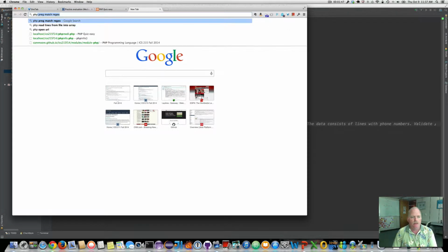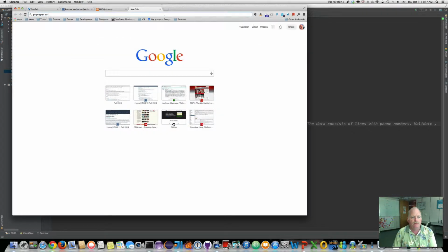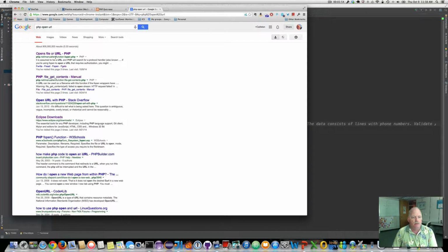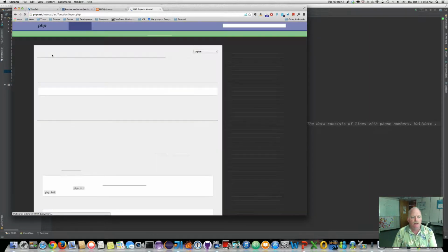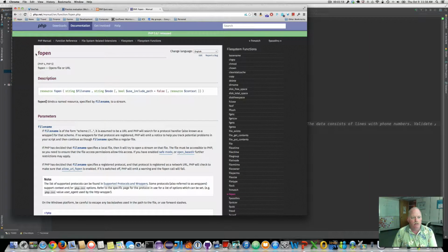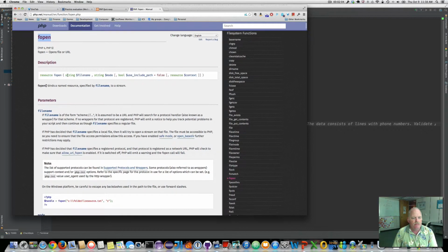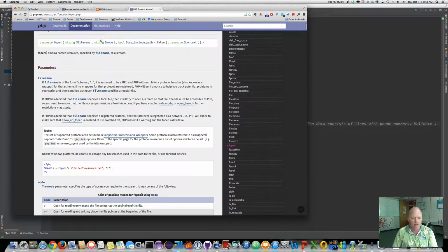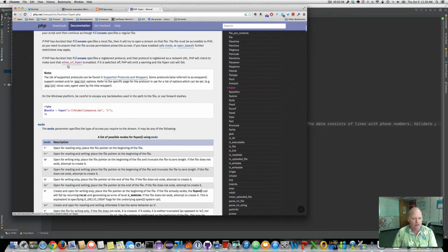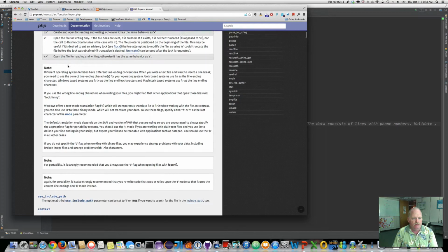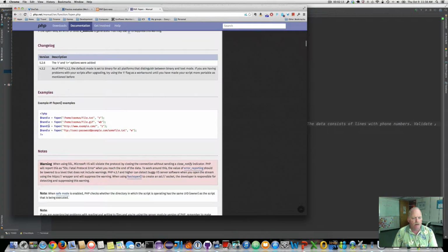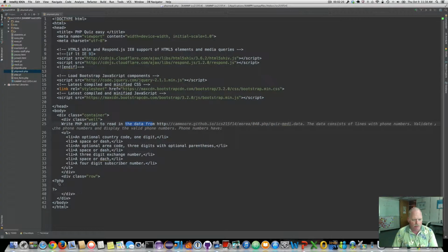PHP, how would we read a line or open a URL? It opens a file or URL into PHP. So the fopen command, which is built into PHP 5, will open a string, a file name, give it a mode, and it'll open a file handler. So if we scroll down to look at some of the examples, we see we can open a URL. So let's copy that, put it into my PHP,